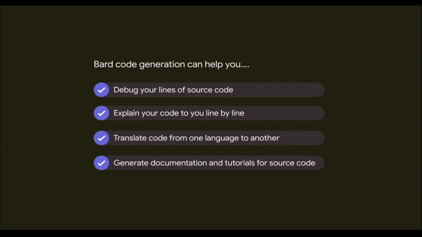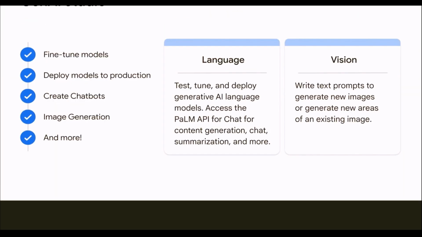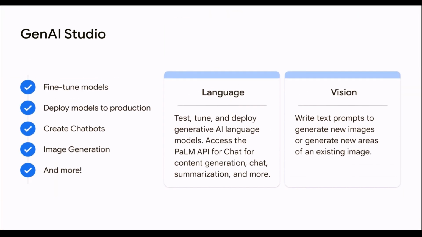It gets better. I happen to be using Google's free browser-based Jupyter notebook known as Colab. And I simply export the Python code to Google's Colab. To summarize, Bard code generation can help you debug your lines of source code, explain your code to you line by line, craft SQL queries for your database, translate code from one language to another, and generate documentation and tutorials